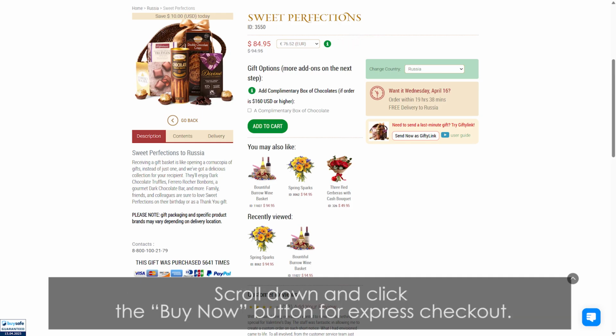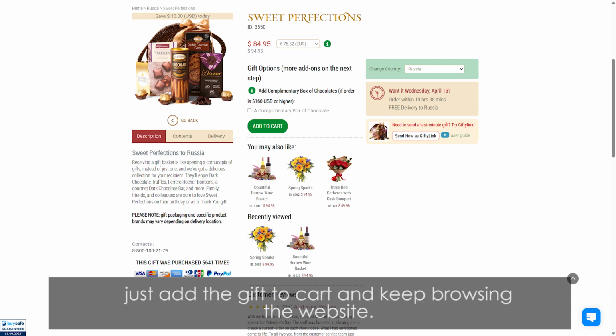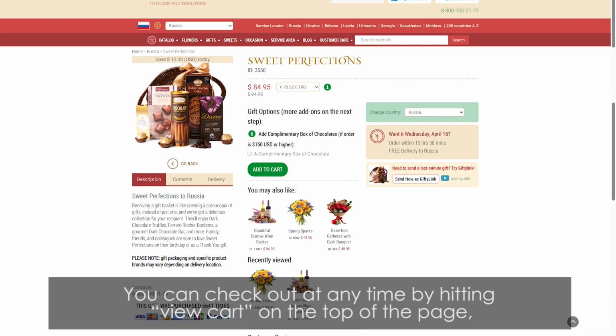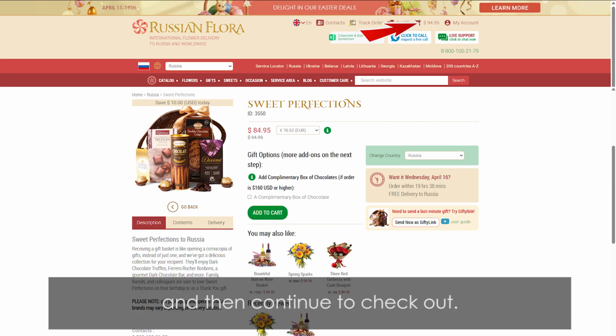Scroll down and click the Buy Now button for express checkout. If you are interested in the special additional items or want to continue shopping, just add the gift to cart and keep browsing the website. You can check out at any time by hitting View Cart on the top of the page and then continue